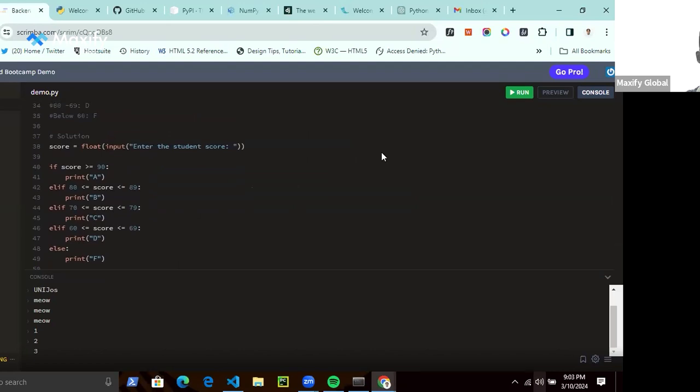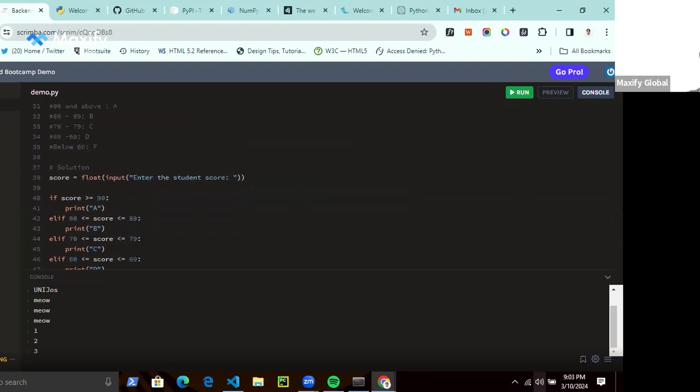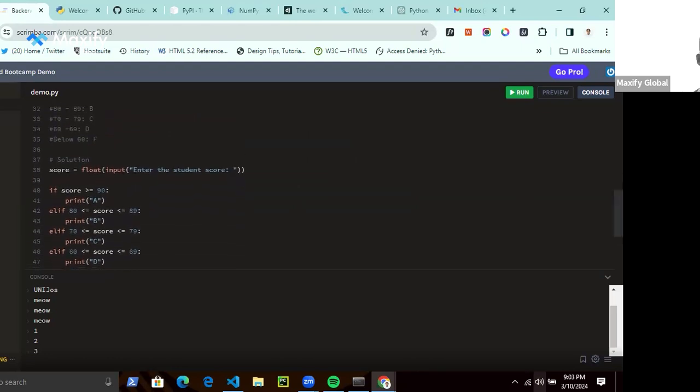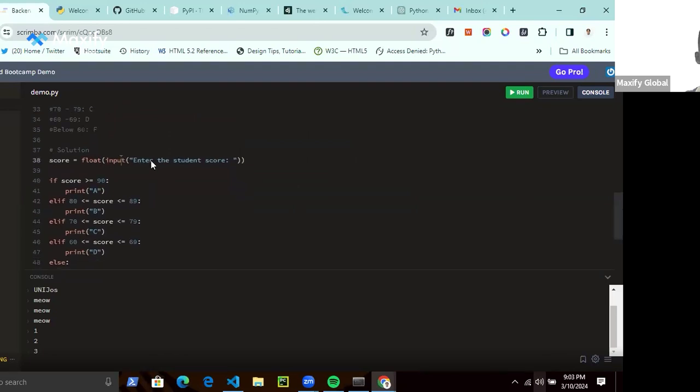Essentially, what we're doing here is simple. First, we define a variable called score, and then we use the input function to get a score. When we get this score, we'll store it into this score variable. Now, what this float function is doing is converting whatever input we get from the input function into a floating type, maybe 10.2 or whatever.